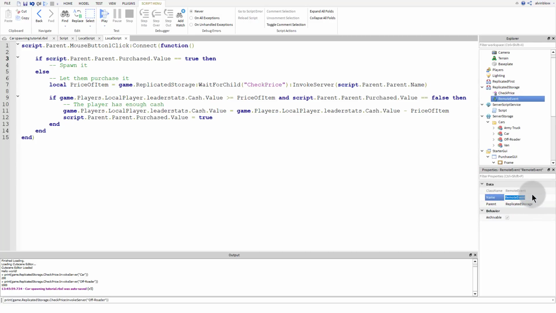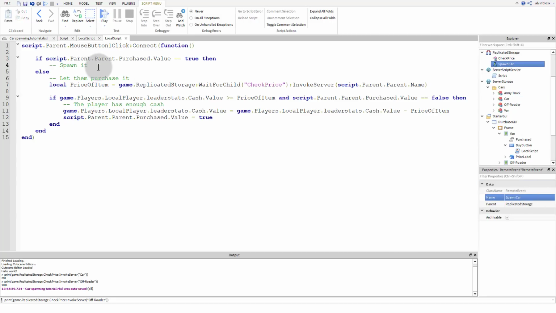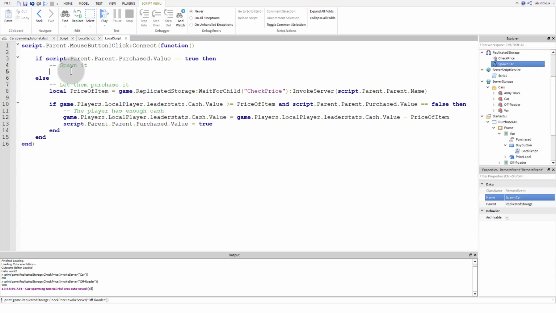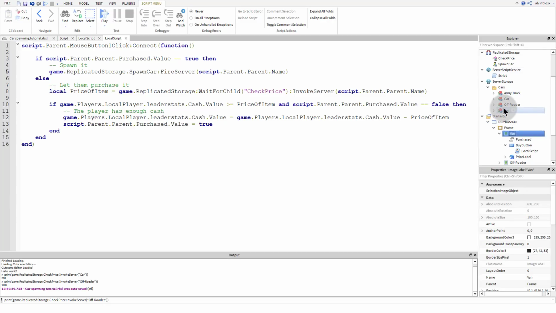We're then going to give it a name called spawn car, and we're going to then say game.replicated storage.spawn car:fire server, and then we can say script.parent.name, because that is the name of the car. The name of the image label is the same as the name of the car, so we can just call this remote event and we can say, okay, spawn in the car which has this name.